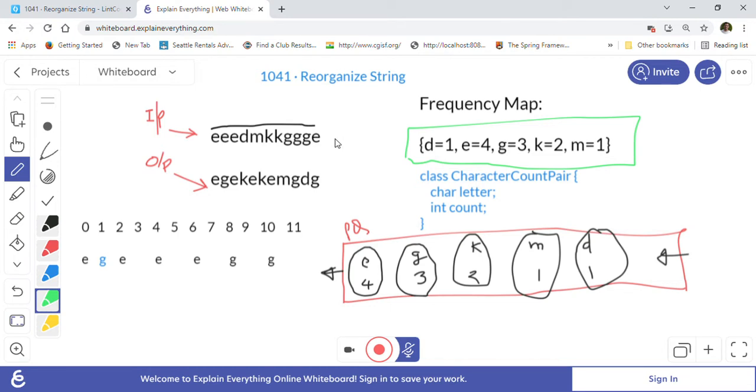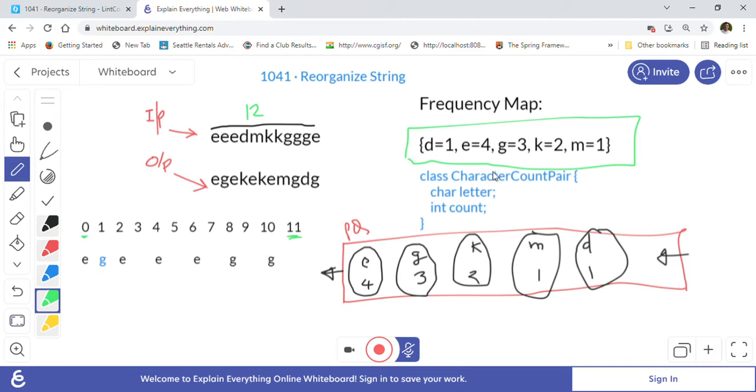The logic that we are going to use to solve this problem is, once we have the frequency map ready, then what we are going to do is, the string starts at index 0, so we will create one array which starts with index 0 and goes until index 11, because the string's total length is 12. So we will create one array of characters, and it will go from 0 to 11.